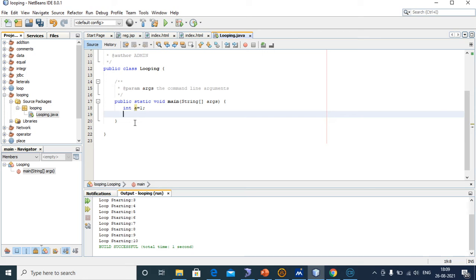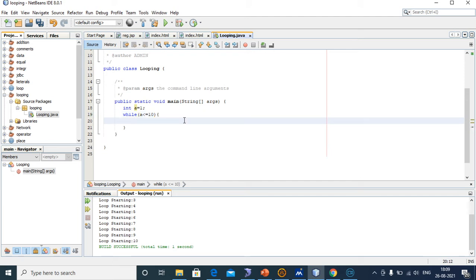Next we will give the while loop: while a less than or equal to 10.